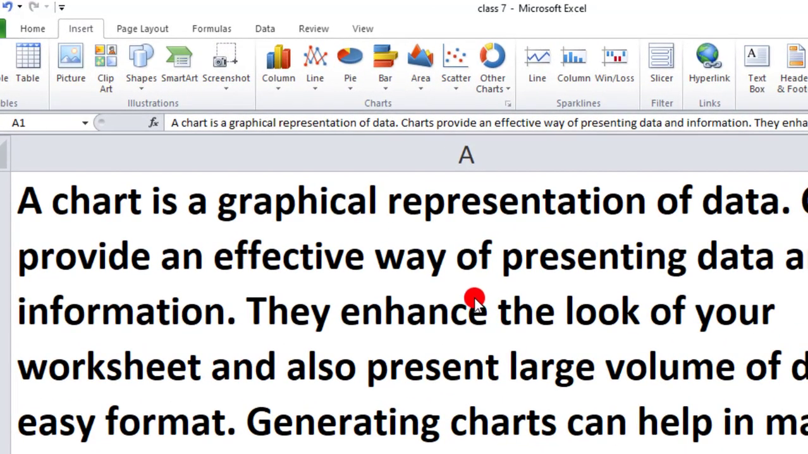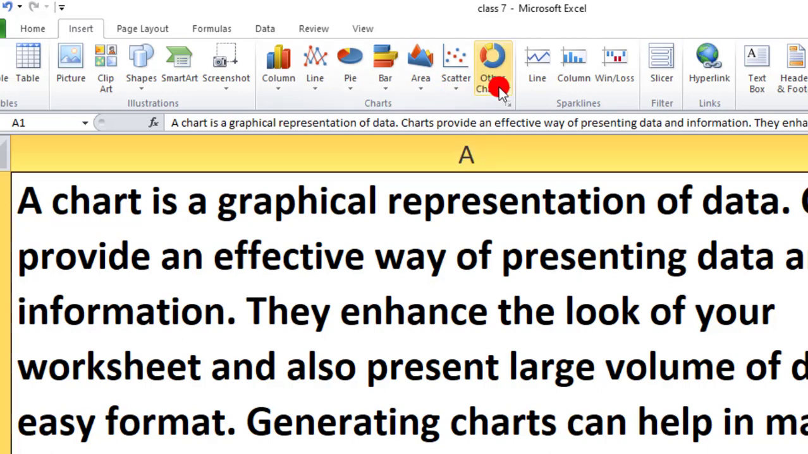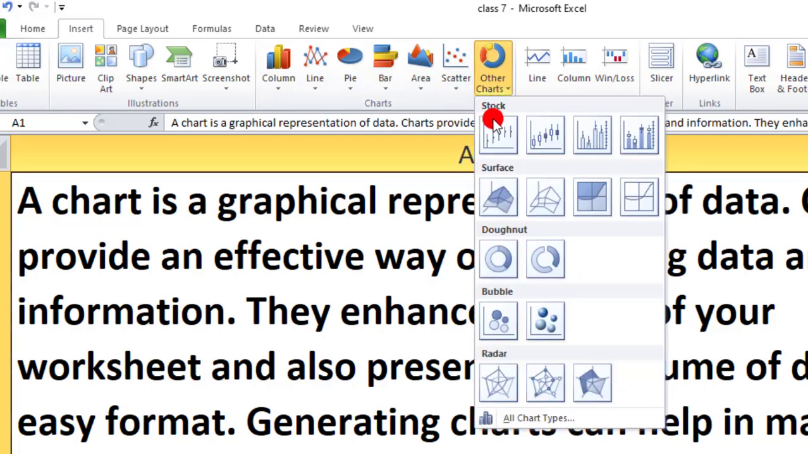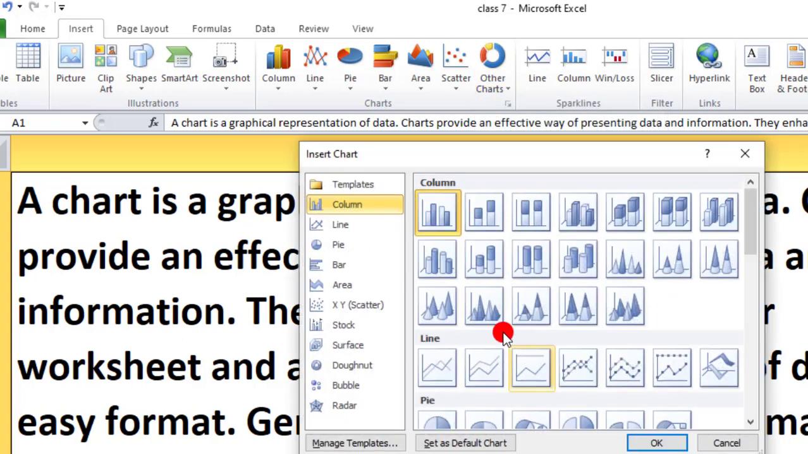Now, this is your MS Excel software. In MS Excel, in the Insert tab, we have the Charts group here. In MS Excel, we have a total of 11 types of charts: column, line, pie, bar, area, scatter, and here in other charts we have stock, surface, donut, bubble, radar. And if you want to show them all, you can click on this All Chart Types